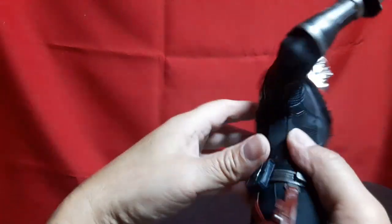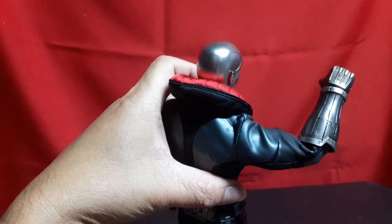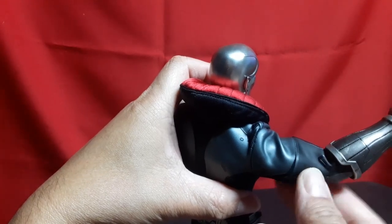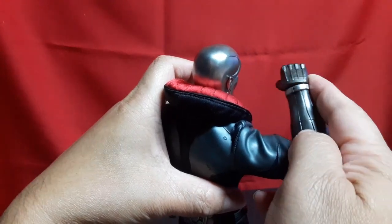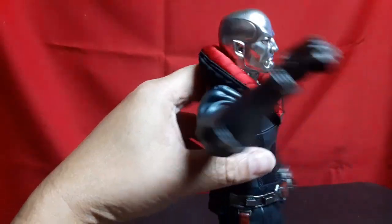It does have, I see. It is double jointed, so it goes past 90. This is plastic, so I don't know why it's having resistance in there. The other thing too that I probably haven't noted yet is